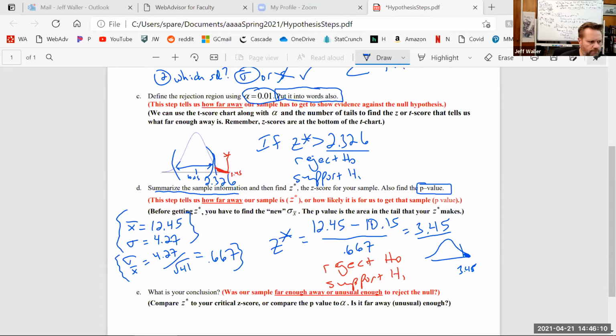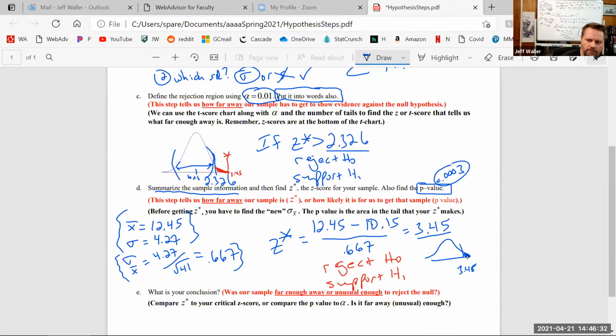Anybody? Is it 0.0003? Yes. It is. If you look up 3.45, you get 0.9997, and you have to do 1 minus that, of course, to get the area up here. So the p-value in this case is